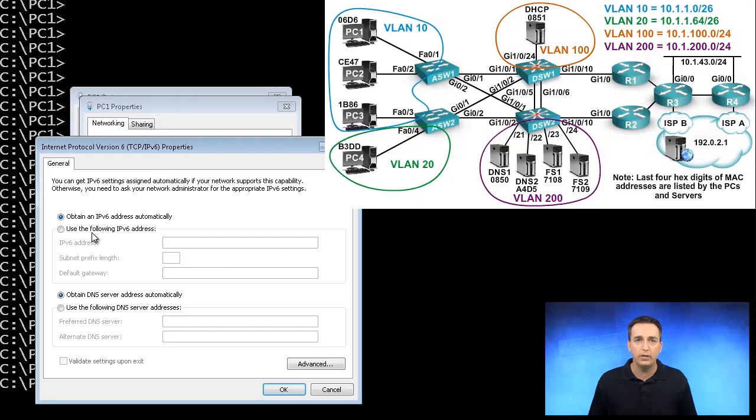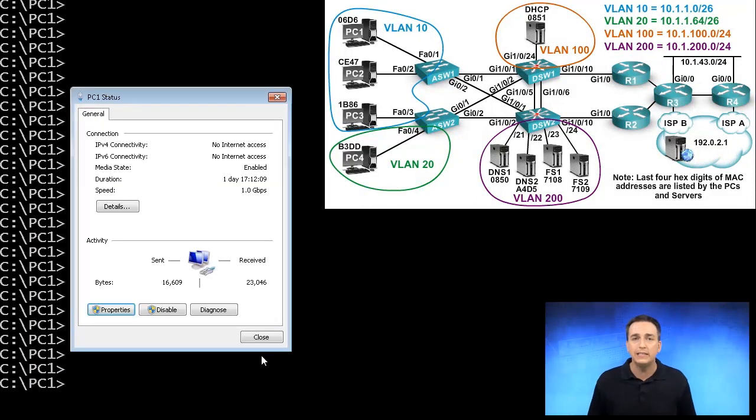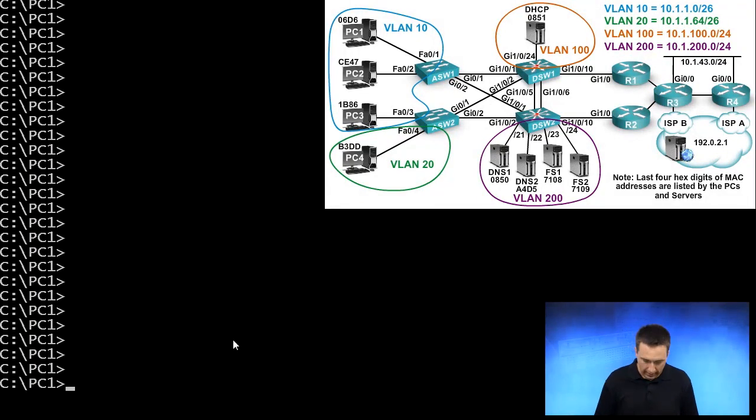Right here, the properties, again, obtaining an IPv6 address via DHCP, or SLAAC, stateless auto configuration. And here, if we need to, we can configure one manually. So very important commands and very important areas of our PCs that we want to be able to navigate and verify